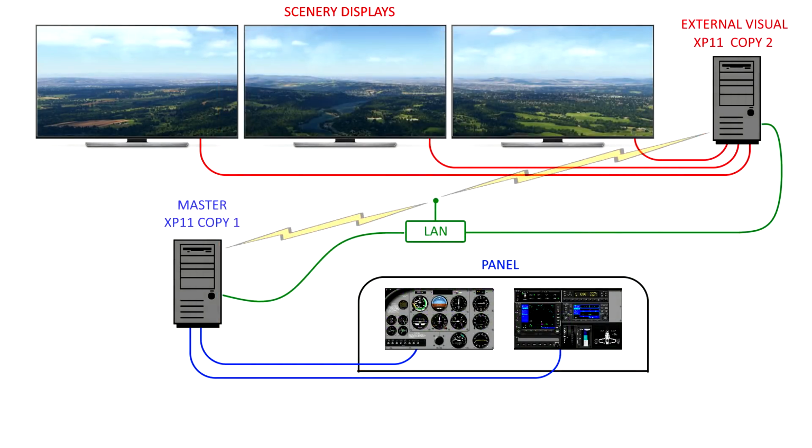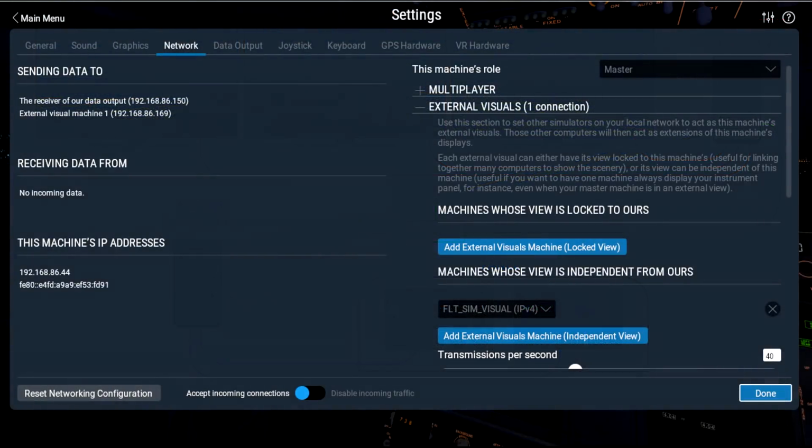Quick look at the network settings for the master and external visual computers before we look at the graphics settings and then get on with our flight. Now let's look at the graphics settings for the master machine. You can see that the machine's role is set in the upper right as master, and on the bottom we